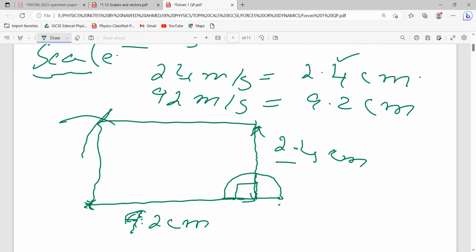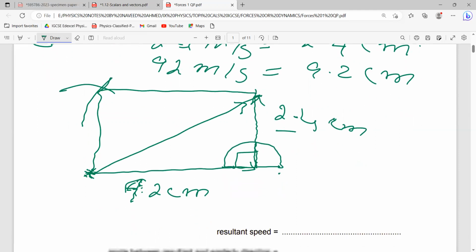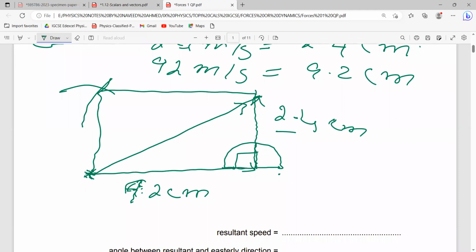अब आपने करना क्या है कि इसका डायगोनल बनाना है। डायगोनल आप कहाँ से स्टार्ट करेंगे? फर्स्ट वेक्टर के स्टार्टिंग पॉइंट से टू द हेड ऑफ सेकेंड। ये जो आपके पास डायगोनल आएगा, इसकी लेंथ आपने स्केल से मेजर करनी है। लेट्स सपोज हमारे पास आ जाती है तकरीबन 11 सेंटीमीटर या जो भी आपकी आती है। इसको हम वर्किंग स्कीम से चेक कर लेते हैं।